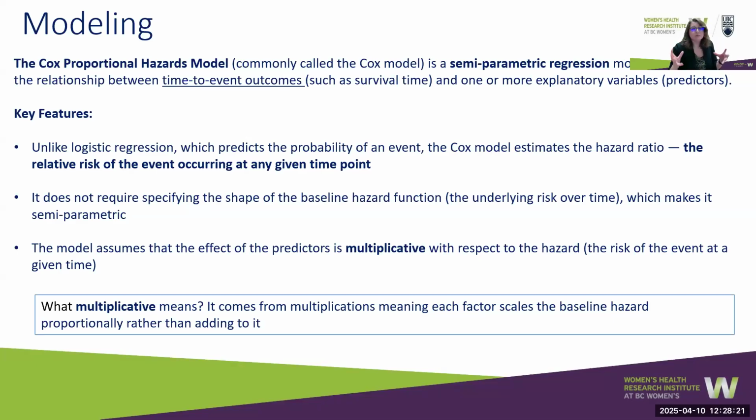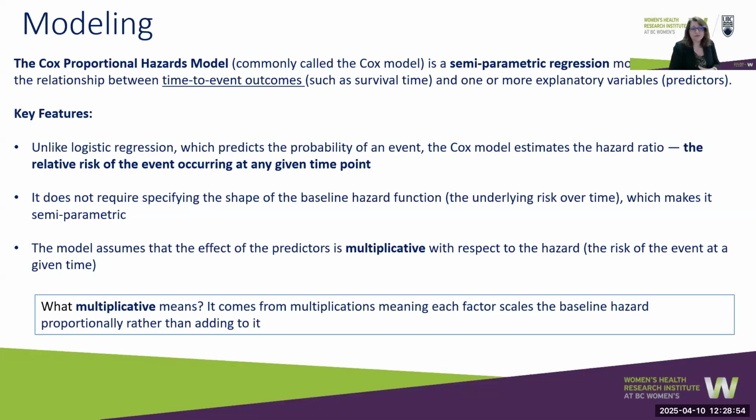And because we don't need a specific shape, we don't say the baseline hazard for the model should come from a normal distribution. We don't put any mathematical function behind it. So our baseline hazard function is actually non-parametric. That's why the model is called semi-parametric, because in addition to the non-parametric baseline, the hazard function has some parameters. The model assumes that the effect of predictors is